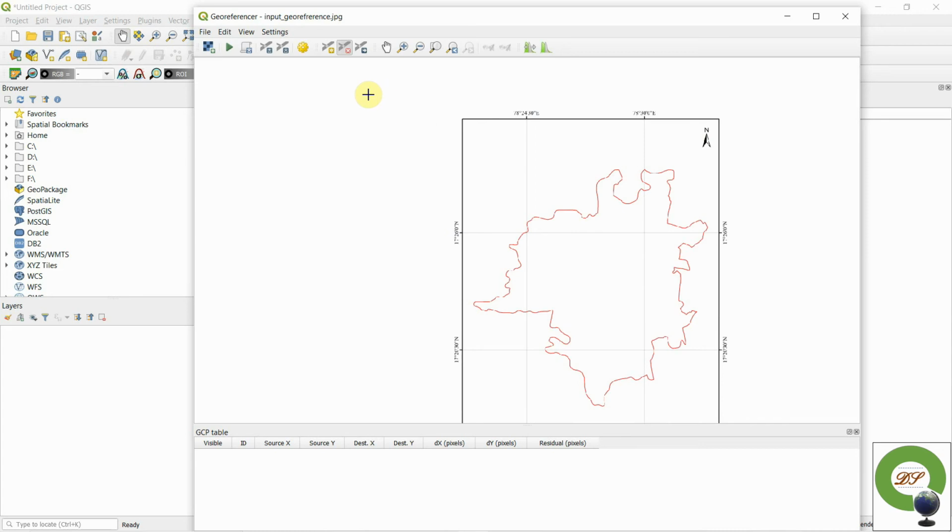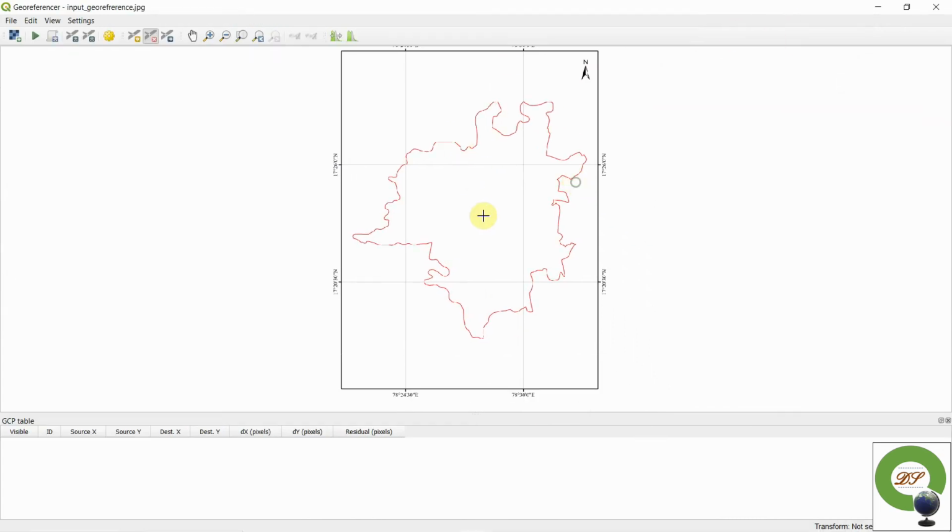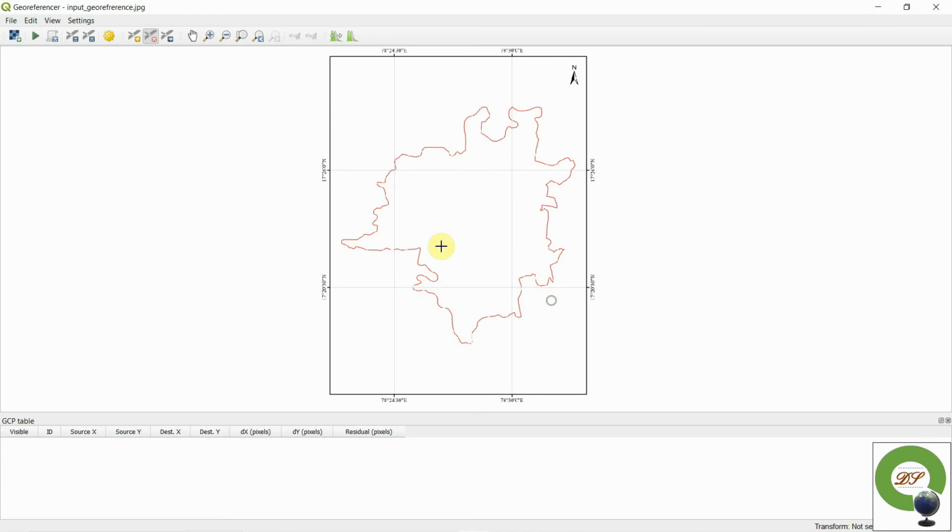Now we can see this in the pop-up window. I'm panning it first of all, and I'm going to explain this image. This image has latitudes and longitudes. Why am I calling it an image and not a map? Let me clear one thing: till now it is not georeferenced. Once it gets georeferenced, I will address it in a proper way.